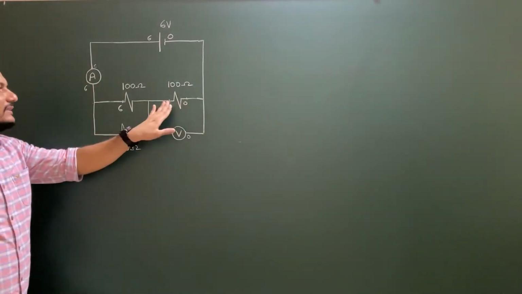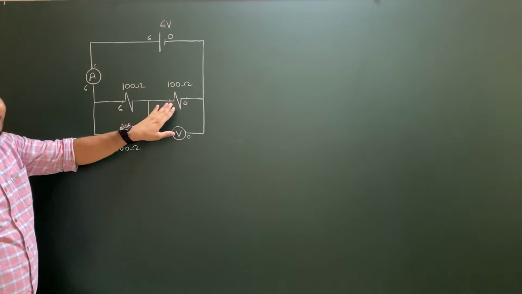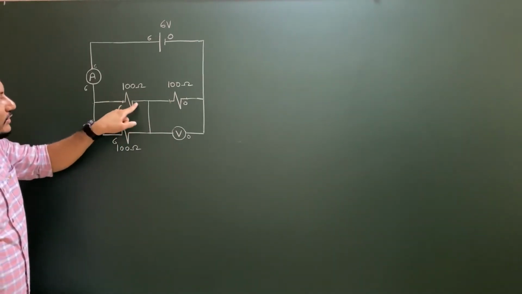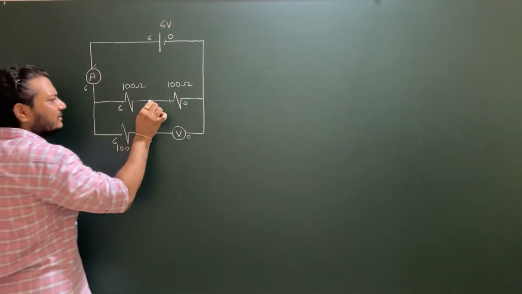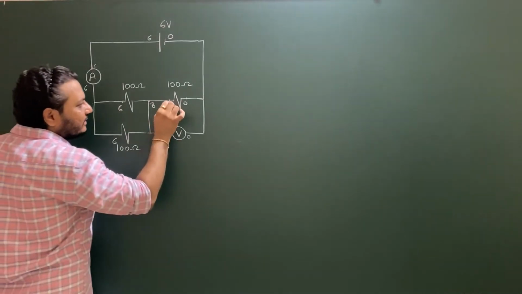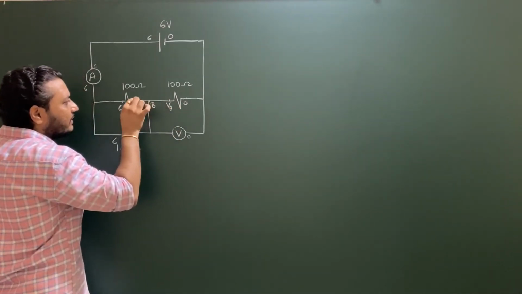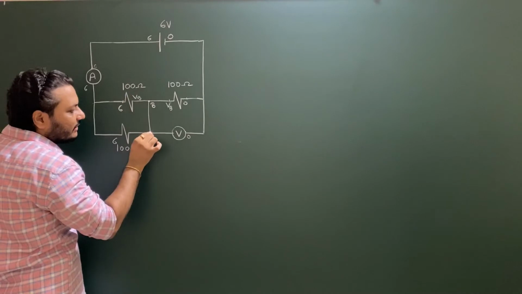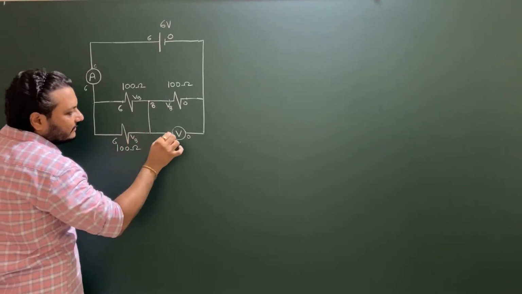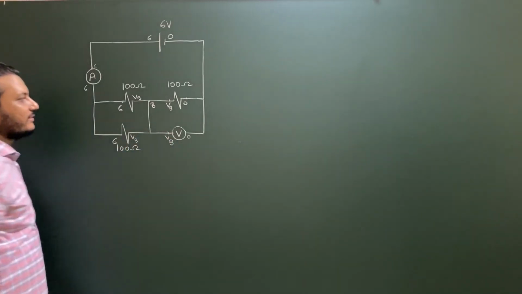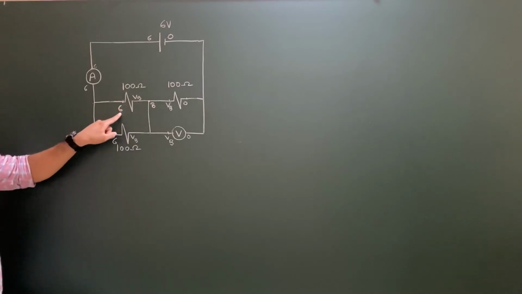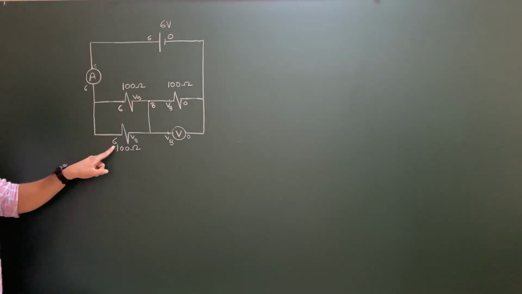After this there is some drop actually, so we don't know what the potential is over here. In the same way, across this resistance there is some drop, so we don't know what the potential is here. So let us consider this point as B. The potential here is VB, so here it becomes VB, and here it becomes VB. Now as you can see, the potential drop across this resistance is 6 minus VB. Here also 6 minus VB.